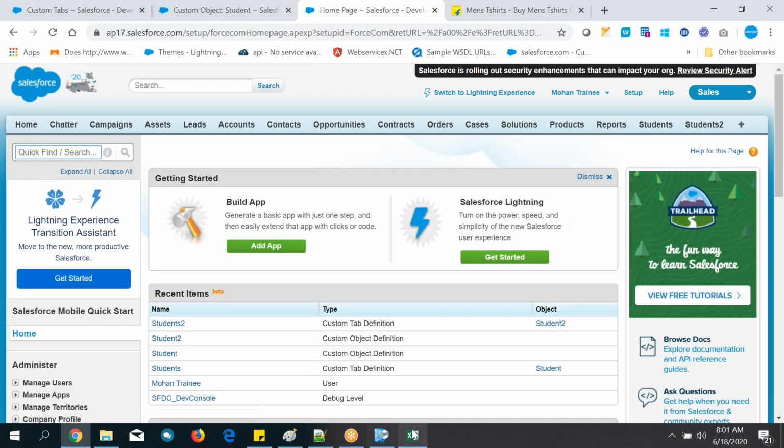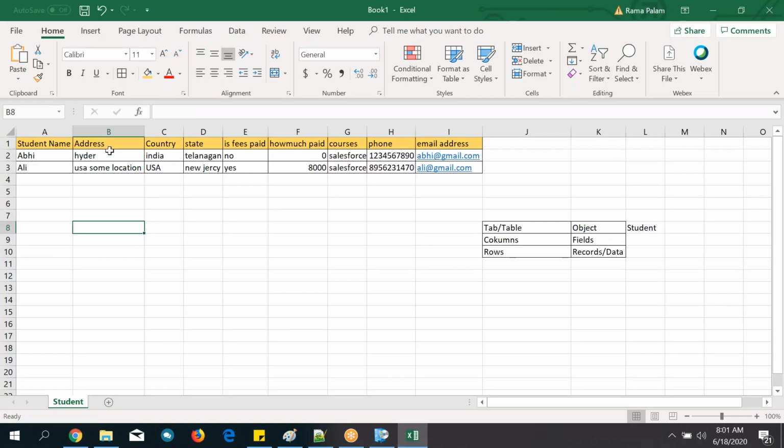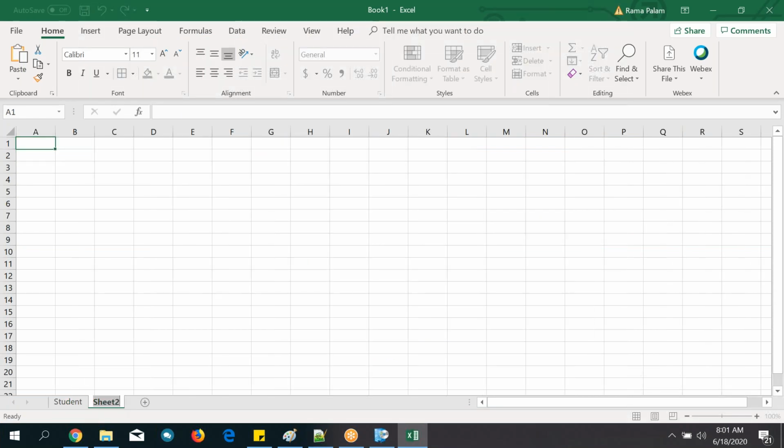Okay, and where do you want to create the field? Tell me one point. This address column, country column, state column is available in which tab? Student tab. Suppose staff details, this is another tab.